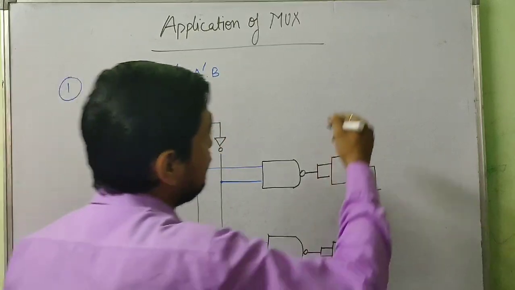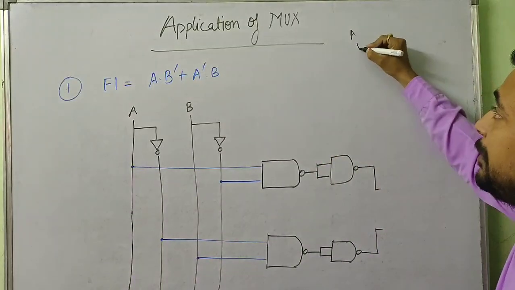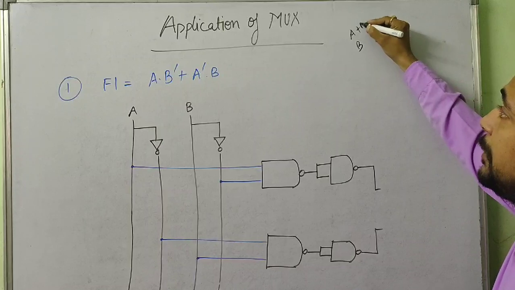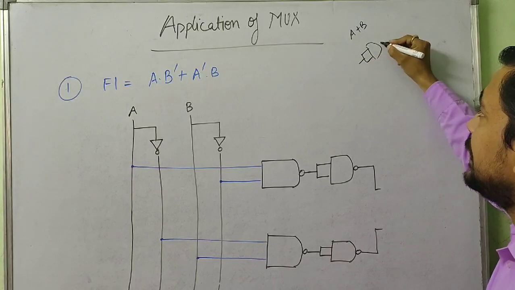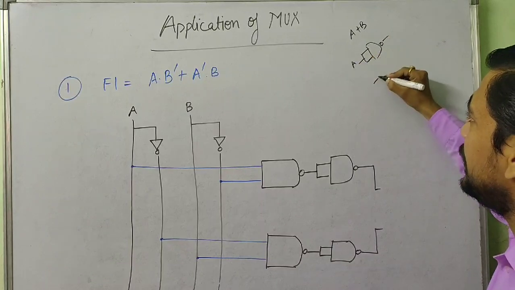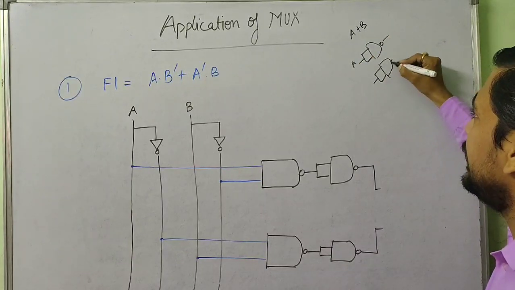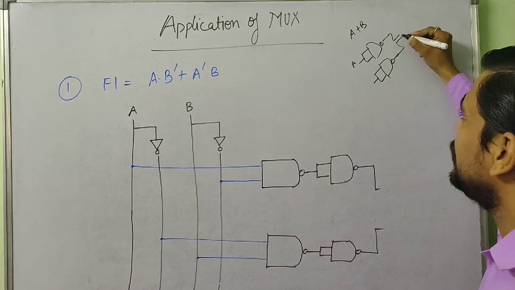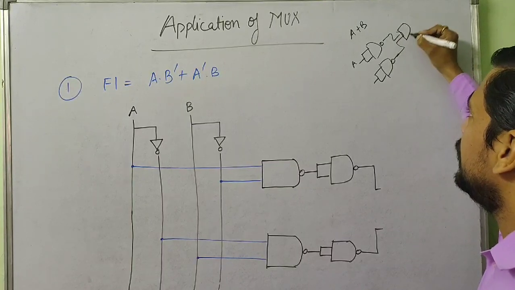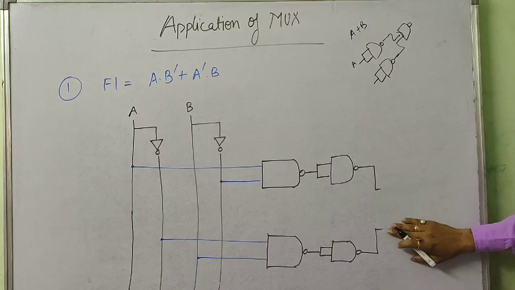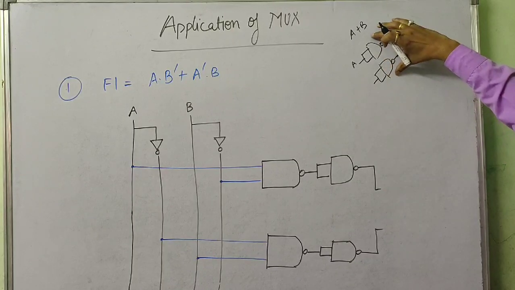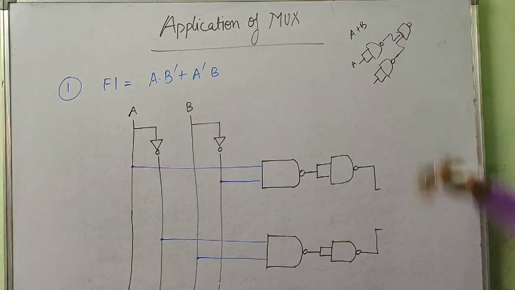If you remember, okay, let's see OR. A and B were the two inputs, so A plus B. How were you doing it? First of all, this NAND gate for A complement, then this NAND gate for B complement, and then these two with the NAND gate, right? So we have to complement this and this. Okay, that means this task, and then we will NAND them together.